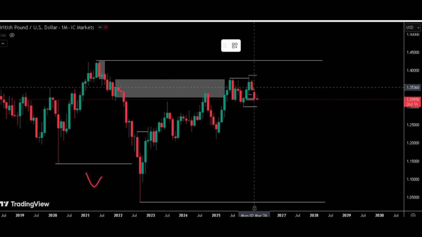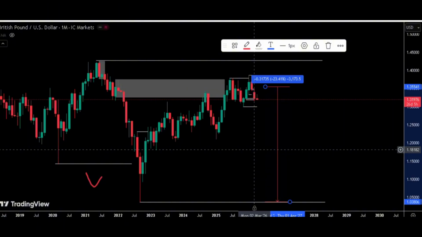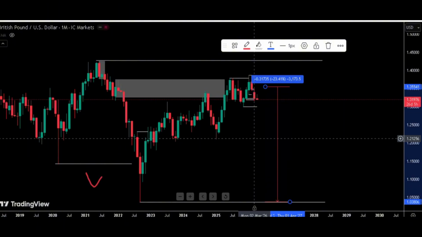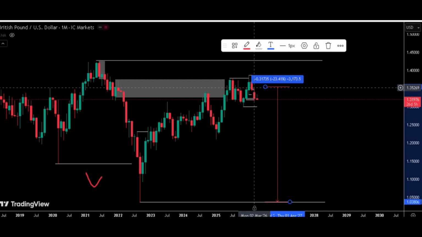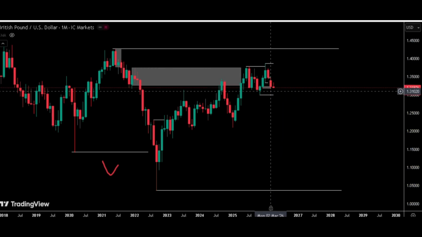And look at it. If this level holds and you are selling from this level, this can take a very long time, maybe a year or a few months or multiple, and it can be fast. Like this one, you can see the way the market dropped. So this is 3,000 pips. If you can project 3,000 pips into the future and you trade towards it, then that's going to be so. If you go to your lower time frame, you just know that for the rest of this year,